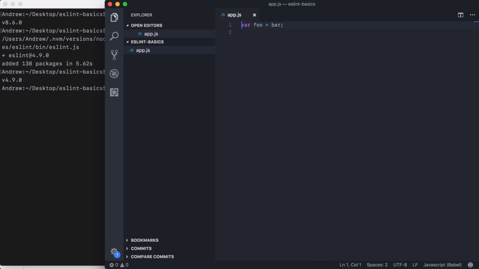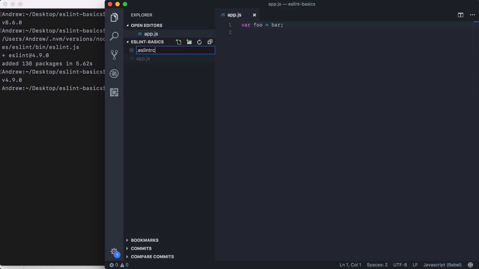When we're working with ESLint locally, we do have to create a configuration file in our project. Now you can create configuration files on the global level for your entire machine, but you usually want to do this on a project by project basis, even if the two files are identical, because you might be working with others. One of the configuration files might change as the team's style changes. So for now, we're just going to make a single file in the root of the project, and that is going to be